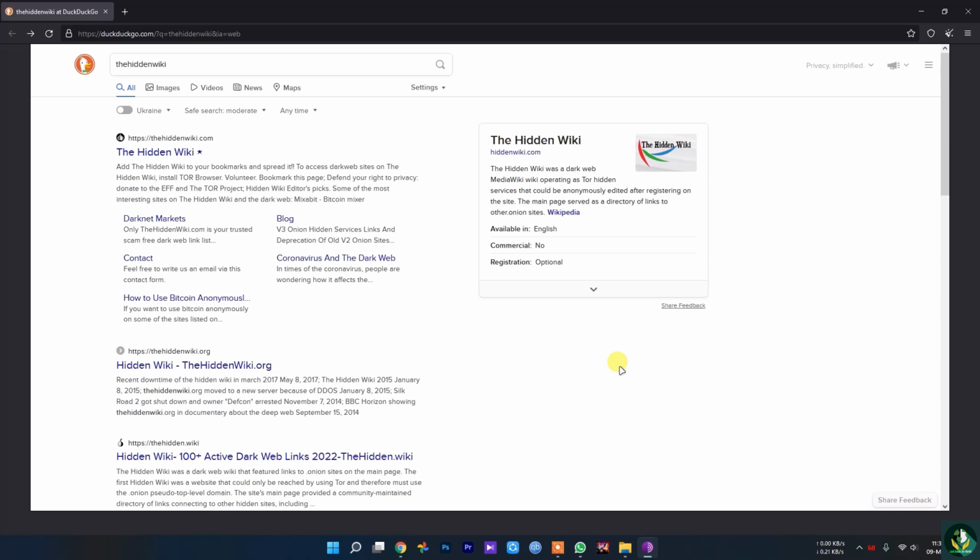As you can see, I have connected to the Tor network, so it's all connected. So let's get started. The Tor browser has a lot of security features that probably a lot of people overlook, but let's actually get into them.